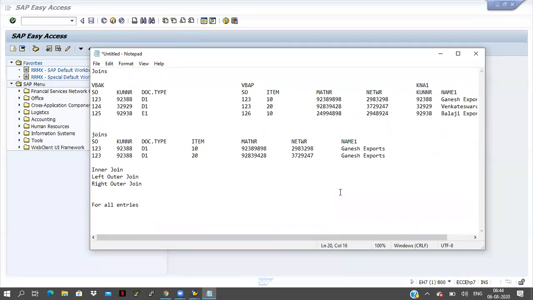Okay, different concepts are there: inner join, left outer join, right outer join, parallel entries, like that. Some joins are there.